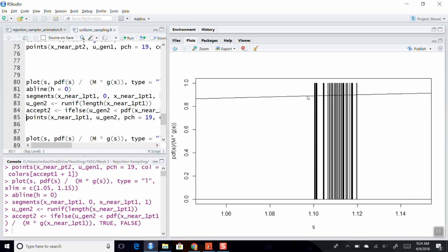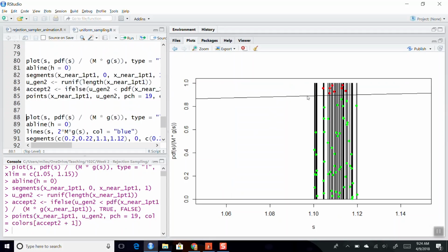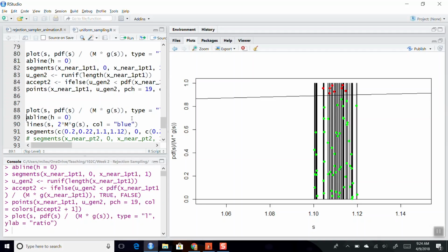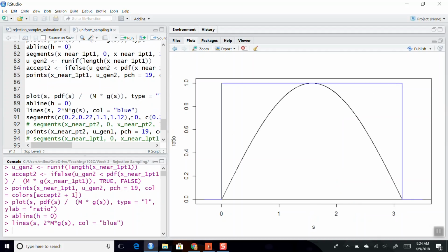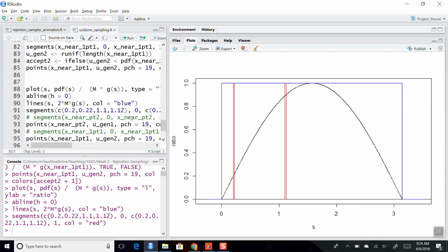Okay, so the PDF is way up here, and values between 0 and 1 are sampled with equal probability. In this case, most of these values end up getting accepted, and only a few get rejected. If we go back to the whole thing and just look at those two little slices,